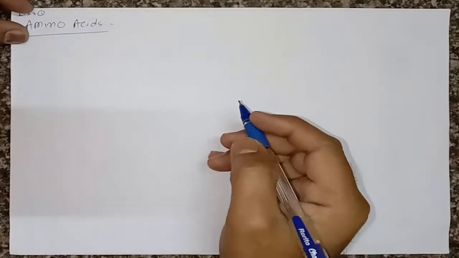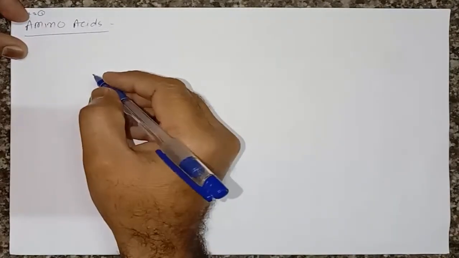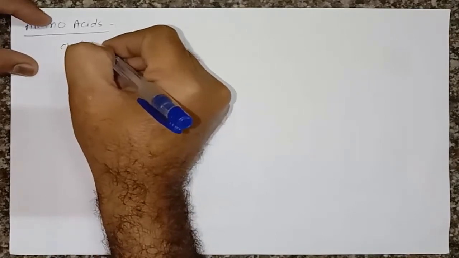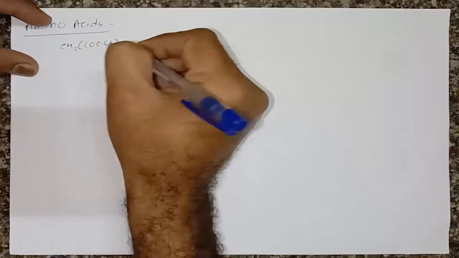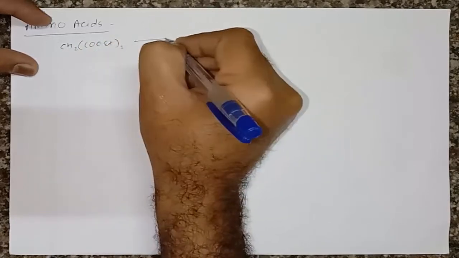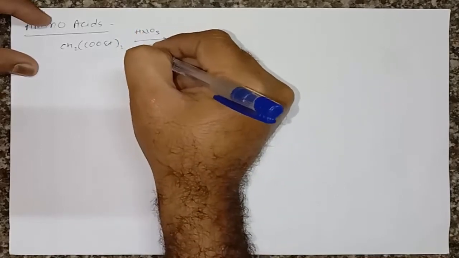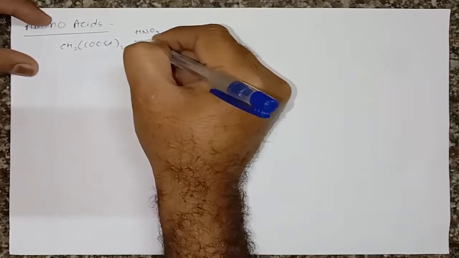Once again I welcome you all to the online lectures, and we are talking about retrosynthetic analysis for heteroatom and heterocyclic compounds. Now in this lecture we will discuss the retrosynthesis of amino acids. We know that amino acids can be easily prepared by using the compound CH2(COOEt) in the presence of HNO2, nitrous acid. So this gives an NO2 plus ion.